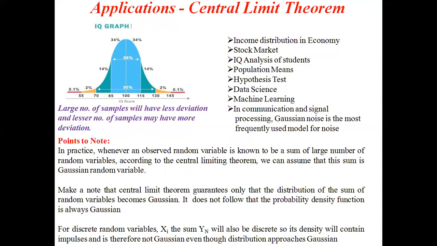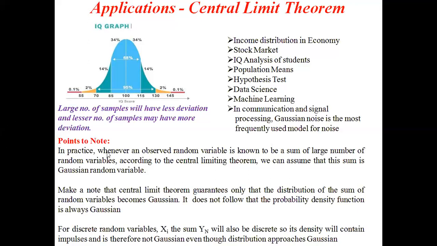Once the model is finalized, if you give some number of samples to the model, and if you plot the distribution function of that model, it takes the shape of the Gaussian. From the shape of the Gaussian, you can visualize whether there is more deviation or less deviation. If there is more deviation, that implies the model you have designed is not accurate. If there is less deviation, it implies the model you have trained or developed is more accurate. Clear?